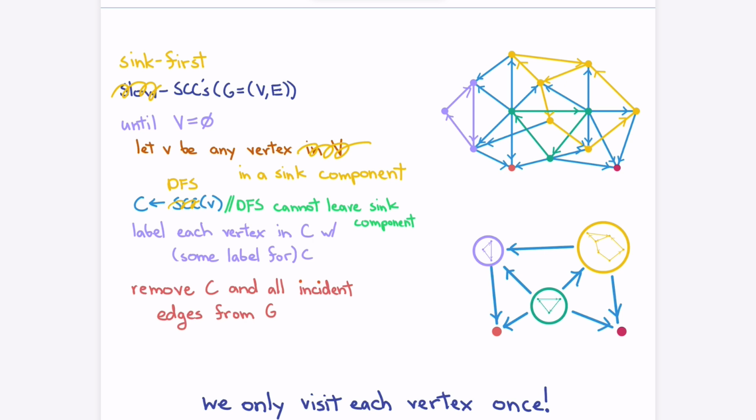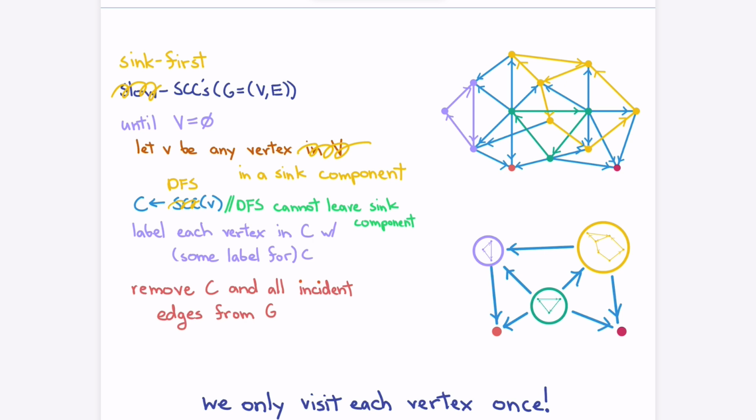And then I'll remove it from the graph after doing it. So there'll be new sink components afterwards. So this is sort of similar to us removing sinks one at a time before. Okay. Now, the really great thing is that if I run depth first search from a sink component, I never